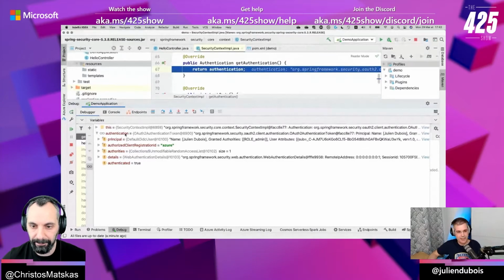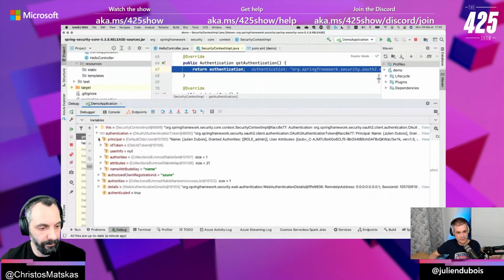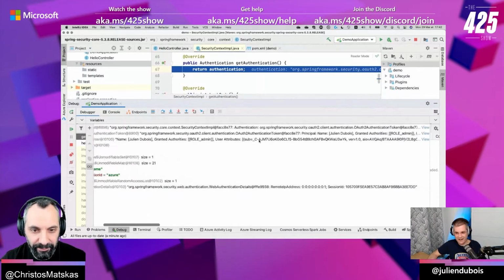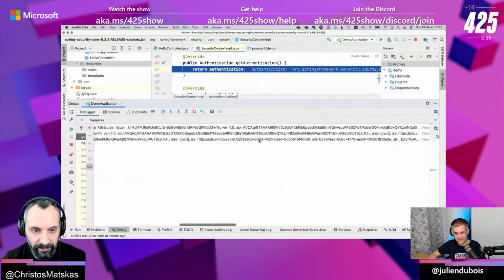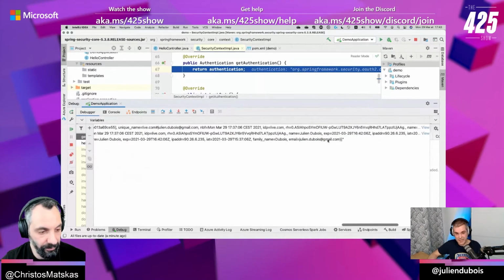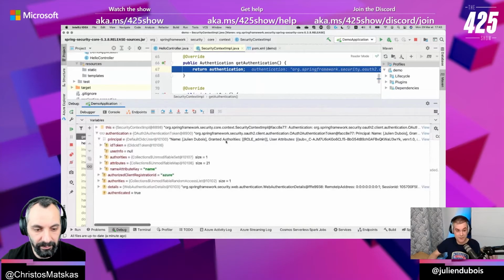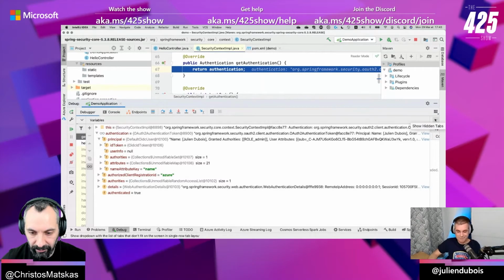Now it's providing me this authentication object. I've got access to my name, Julien Dubois. I've got the principal. It's awesome. If I go over there, I've got even my email address, my family name, lots of stuff. What is interesting, of course, is that I've got some personal information, like my email address or my username, and also I've got my role. And that's what's interesting for my app usually.